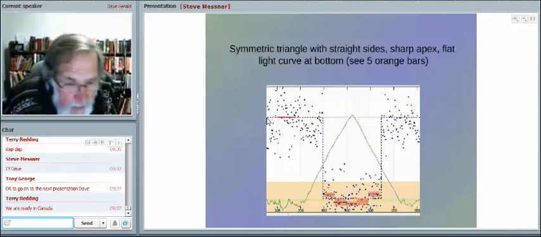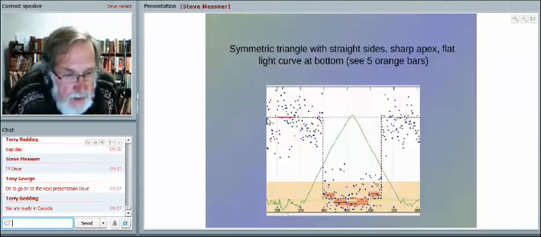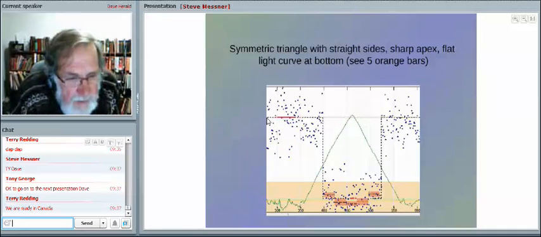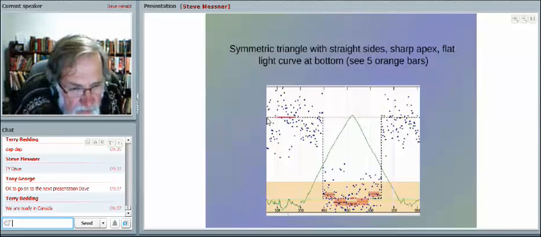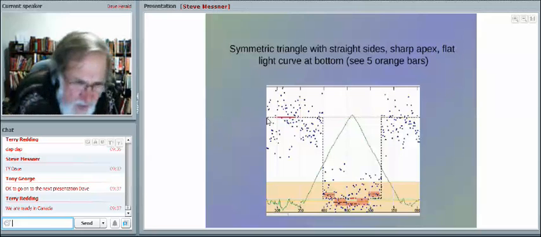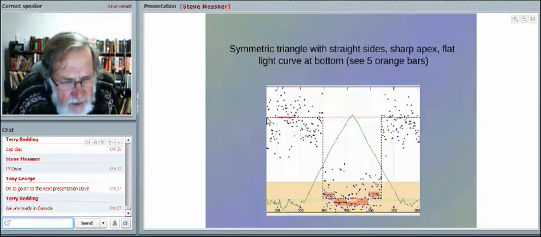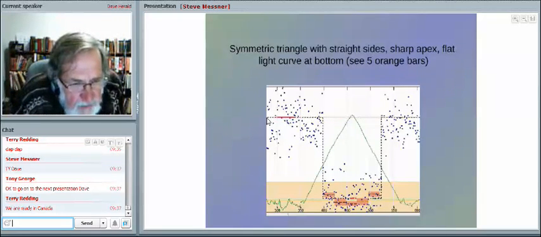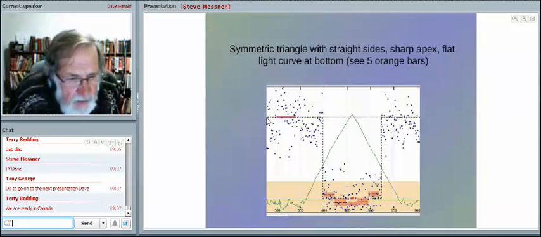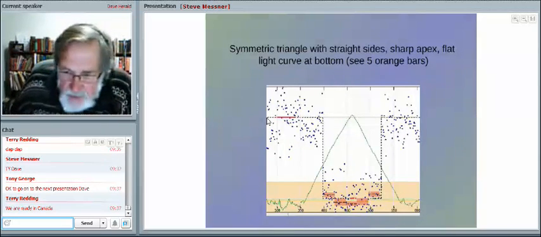And then you can see the green line, the cross-correlation function, which is a nice triangle with a sharp apex, straight sides, very symmetric. And the bottom of the light curve is fairly flat. This one is actually slightly U-shaped, but overall it's flat. The 5 bars across the bottom represent the mean plus standard deviation of the mean of the 5 regions across the bottom of the light curve. And that's a very definite real occultation. If you go to the next slide,